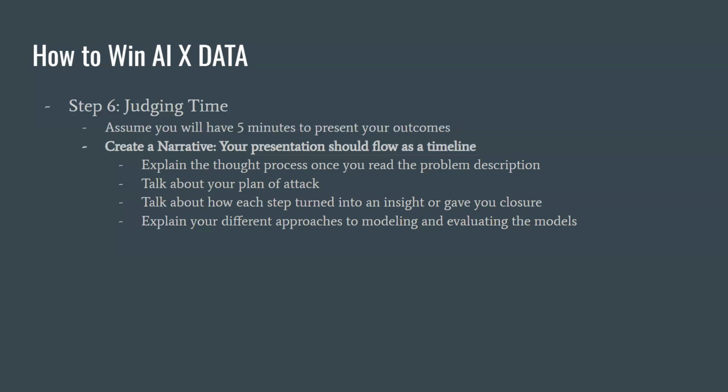Anyways, when you're evaluating the models, don't just be like, okay, so this is our, what is that thing called? When you're doing a classification, the true positive, true negative table. You guys know what I'm talking about. But anyways, don't just be like, oh, these are true positives, these are true negatives, this was our accuracy score, this was this. Be like, okay, so this was our recall and in context of the data set, what that means is this and this. I don't have a data set to go off of, so I can't give you a real example, but basically explain what your evaluation means. Don't just throw out the metrics at the judges.